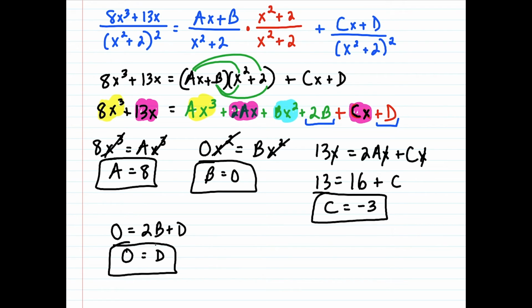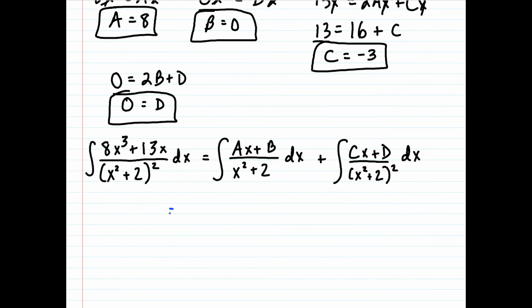So now we're going to plug this into our equation from before and solve this question. Okay, so if we make this substitution here, in the first fraction we have ax plus b. So a is equal to 8. b is equal to 0, so we're just going to write 8x. We don't have to write plus 0 over x squared plus 2